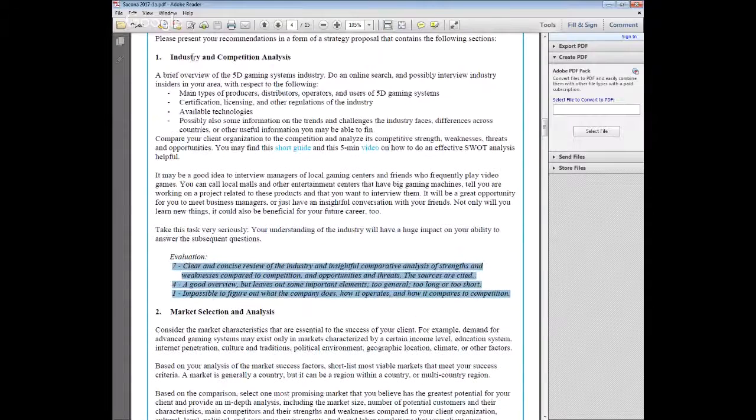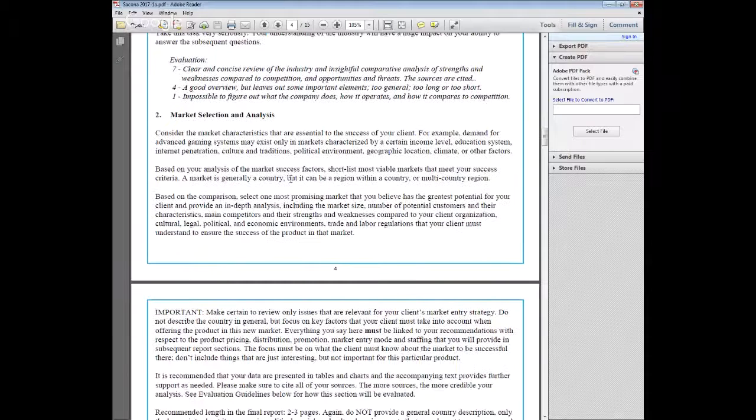So you have here industry and competition analysis. What that is, basically, is to analyze the company's strengths and weaknesses compared to the competition, as well as maybe identify the potential threats and opportunities for the company in this particular market or industry. Then select a market and analyze it.